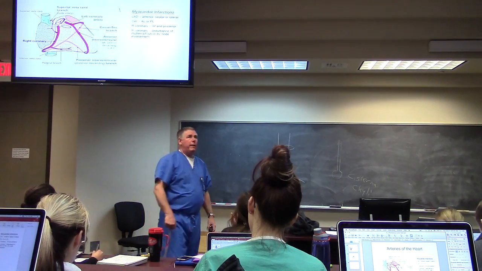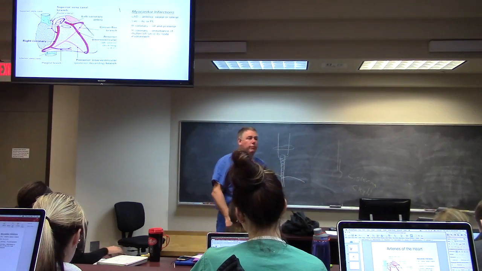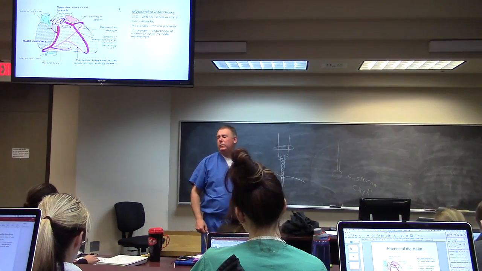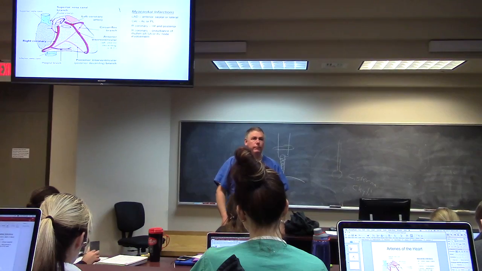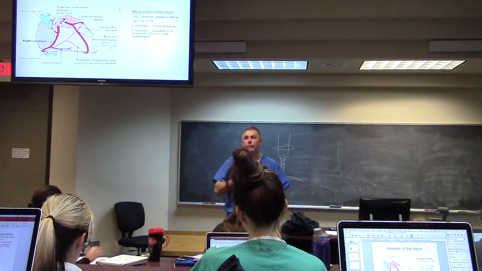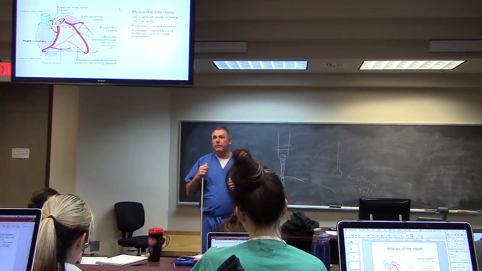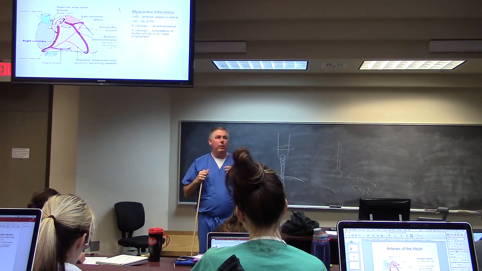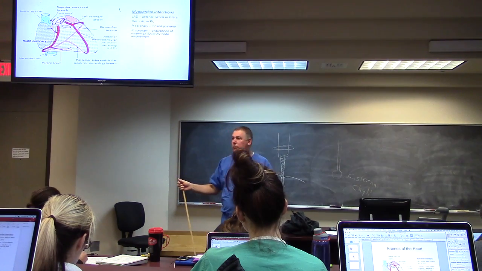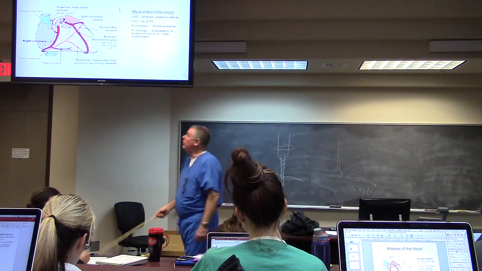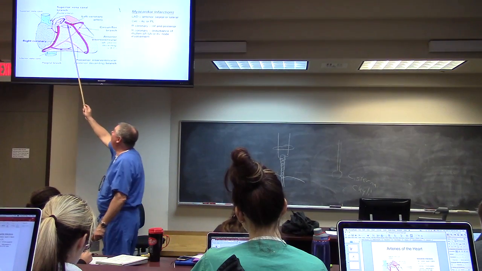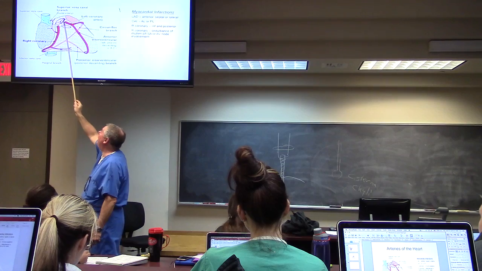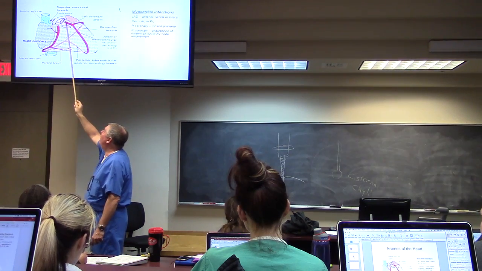The coronary vessels are the first two vessels off of the aorta. It's not the brachiocephalic or the left common carotid, it's coronary arteries. There's a right and left coronary artery. The left coronary artery, here's the aorta right here. The left coronary artery,